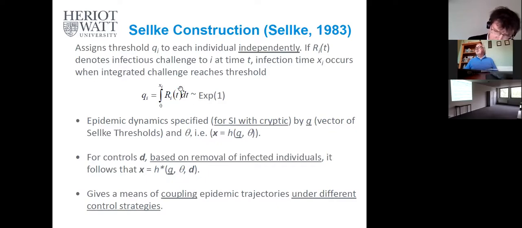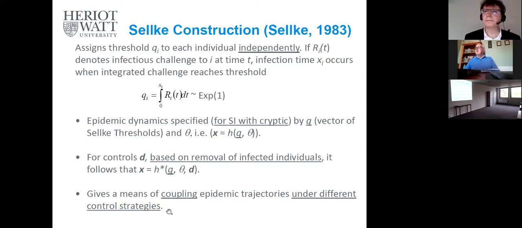And it kind of makes sense because let's suppose I have a removal strategy, and at time t, let's say, I remove an individual from the population. Then all that happens is that for all the infected individuals, their infection rate possibly goes down. So in other words, this integral here will start to grow less quickly, and therefore that will delay the infection time of the individual. So this then gives a means of what we call coupling epidemic trajectories under different control